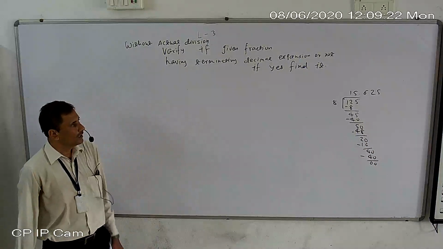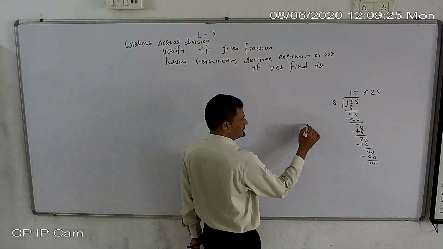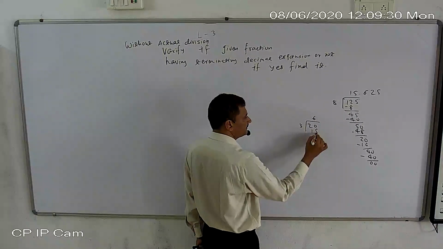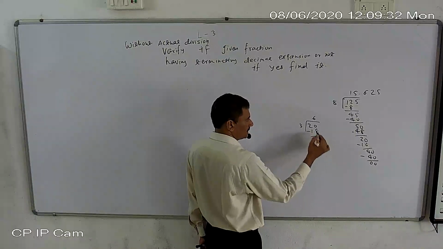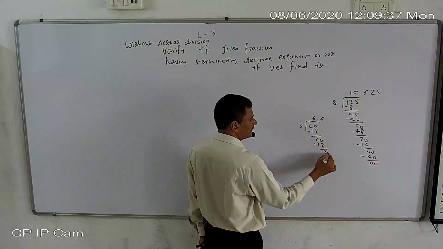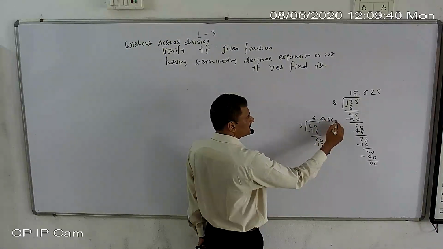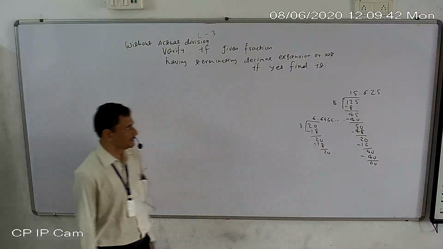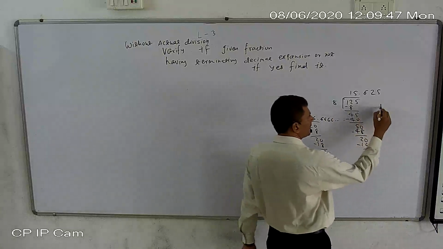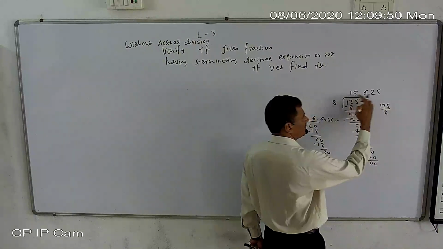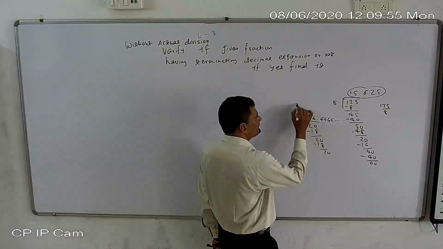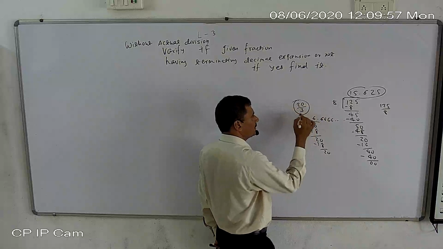But sometimes, suppose I want to divide 20 by 3. So it will become 3 6s are 18, 2 left. Extra 0 placed here. So in the decimal, 3 6s are 18. Again 2 left. So it will proceed this way only. It never ends. So 125 upon 8 has a terminating decimal expansion, but 20 by 3 has a non-terminating